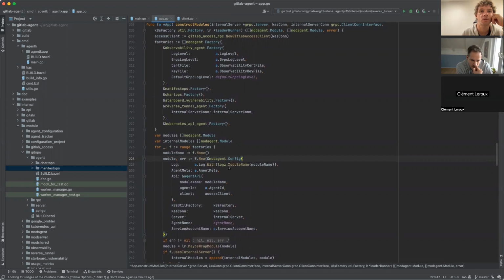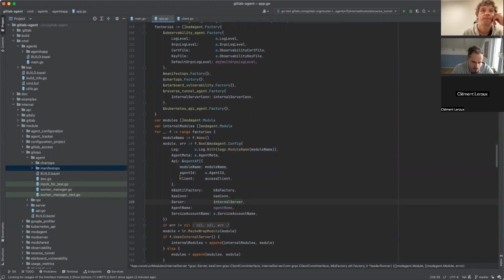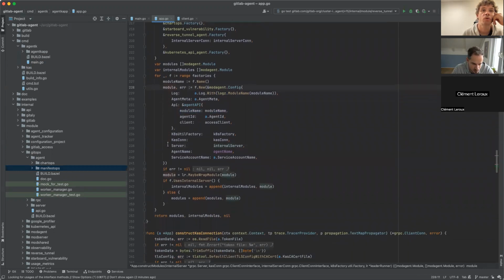Yeah, the only difference is the logger. It contains the module name. Everything else is identical. Okay, no, agent API is also different because we also put a module name here, but everything else is identical. All the like CAS connection, internal server, all those things are the same. So we get the module, then